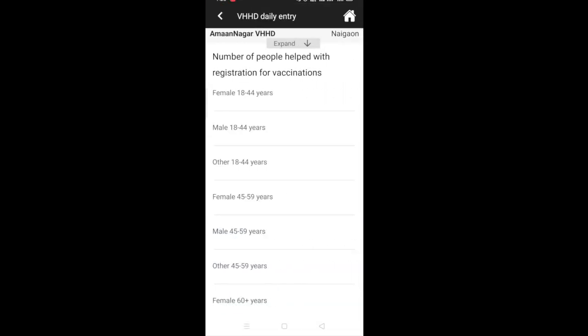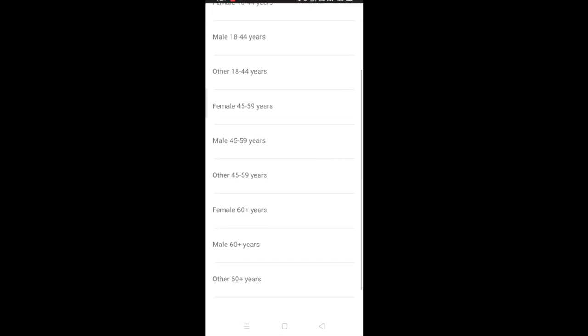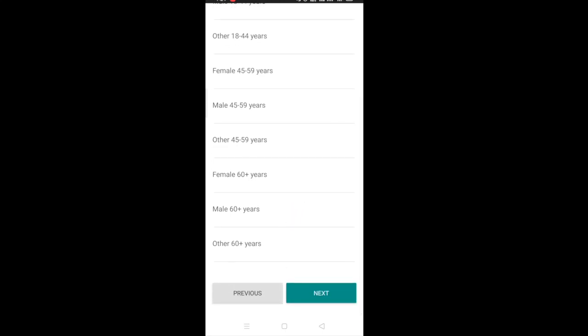Next, it will ask the number of people helped with registration for vaccination, and it is again divided based on age. It is asking how many females from 18 to 44, males 18 to 44, other gender from 18 to 44, and similarly females from 45 to 59, and people above the age of 60 years.